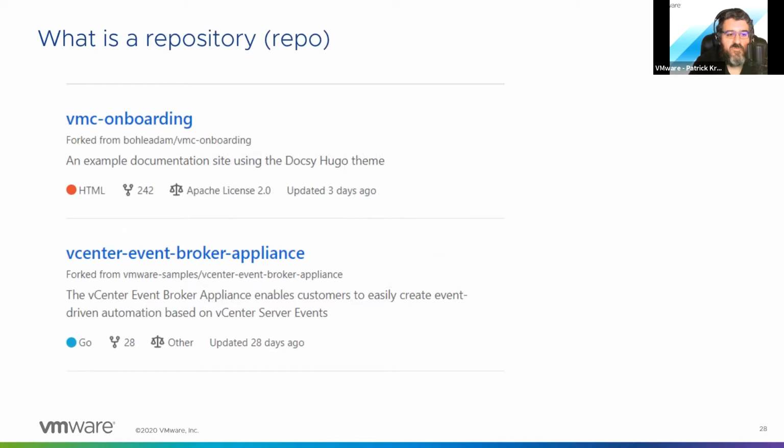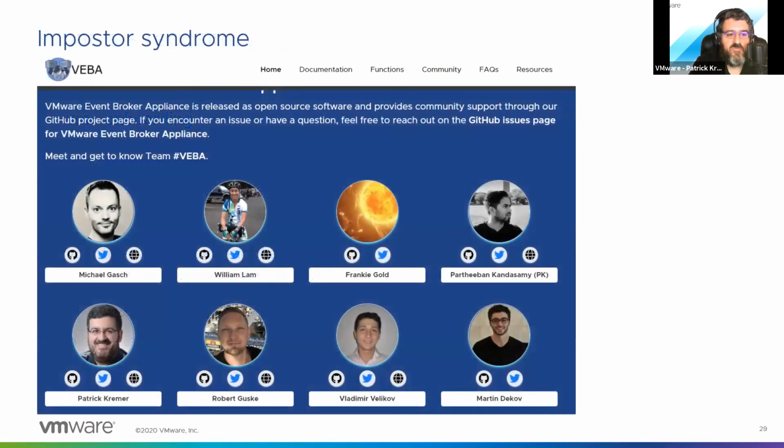And here's a couple of the repos that I've worked on, public repos. That shows up in your GitHub account. So I had to learn a little bit about that. If you want to talk about some imposter syndrome, right? I knew nothing about this going into December of 2019, absolutely nothing. And you look at some of these names, and some of them you'll recognize publicly. Some of them you won't, but they're all just highly experienced, very good developers. And then there's me. I'm like, I don't belong here.